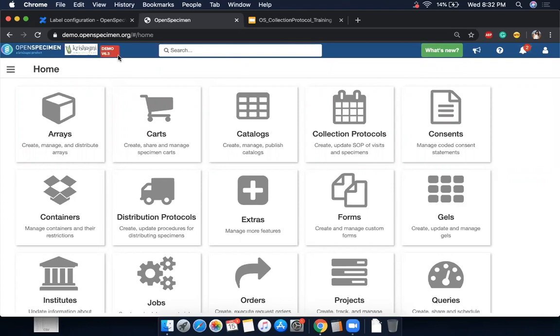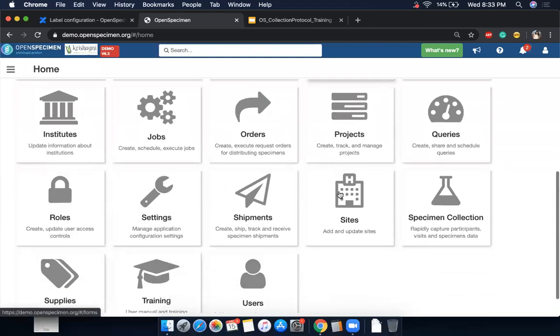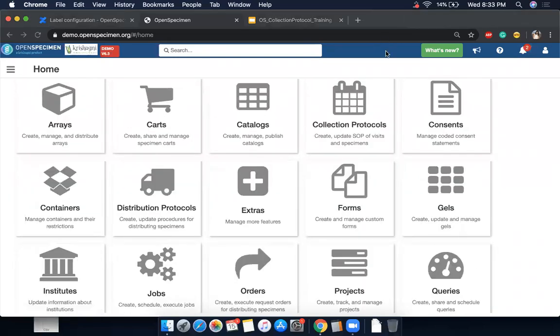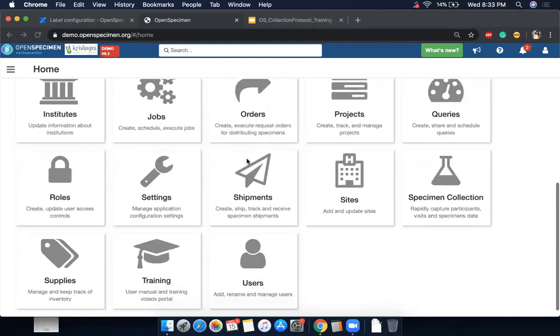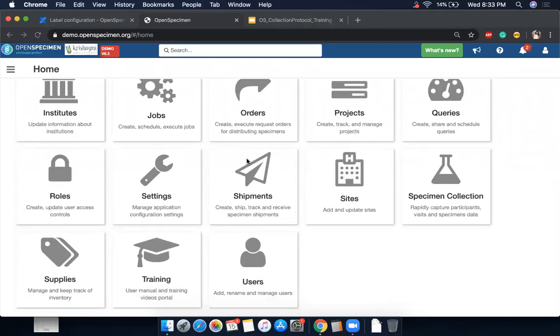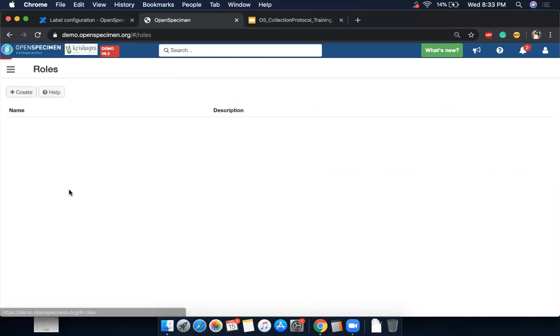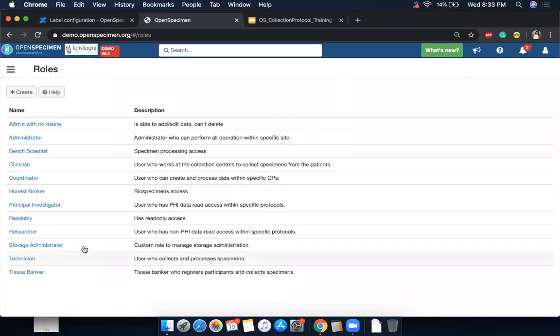We always have the latest version deployed on this instance. Right now I've logged in as a super admin, so I see different options here. You can log in with other roles as well, and you will have different options over here.